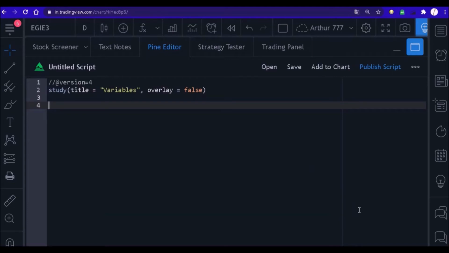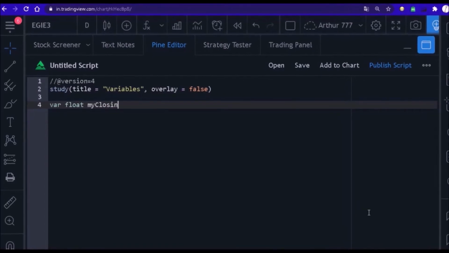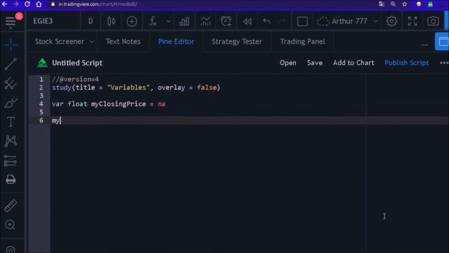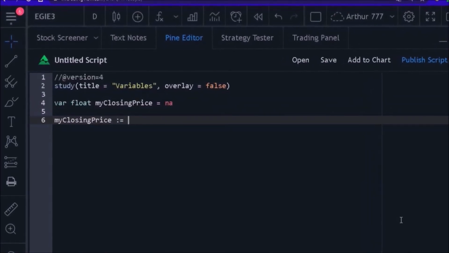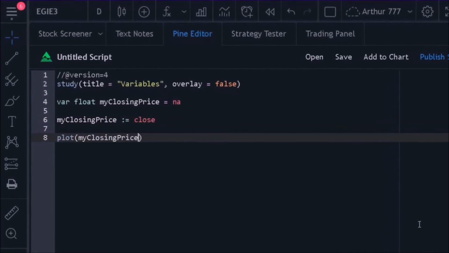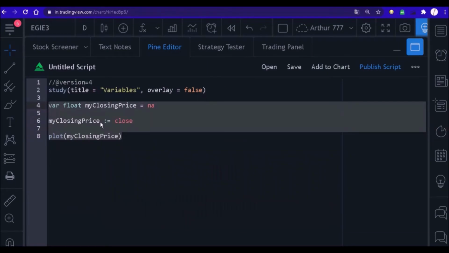In programming, in a simple way, the variable is a word that you will create at the beginning of your code so that it can be used to store important values for your strategy. For example, we can create a variable called myClosingPrice and use it to store the closing price of the stock. This variable will be called by the name you enter and we will store what you want. Just as we use boxes to store objects,